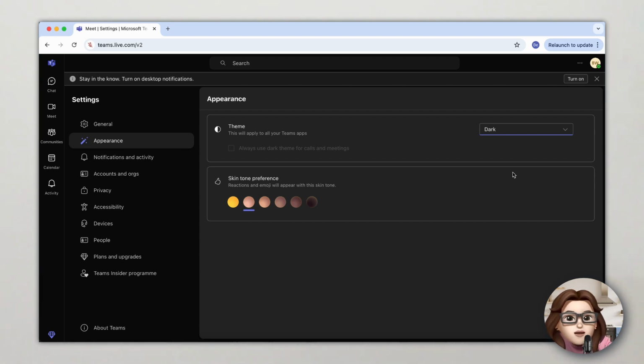A small change like this can make a big difference in comfort and focus